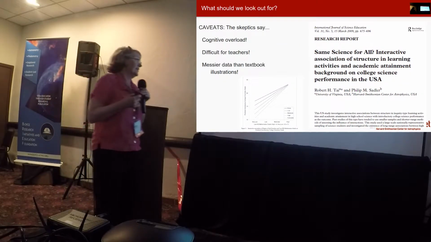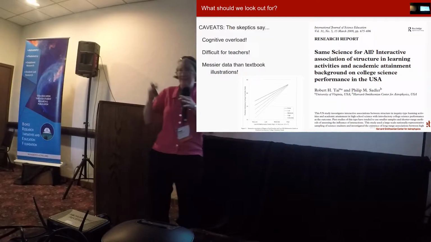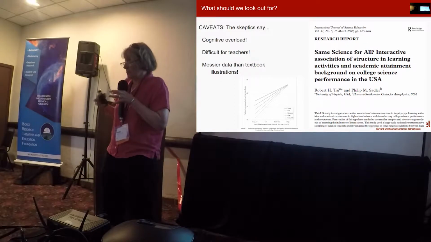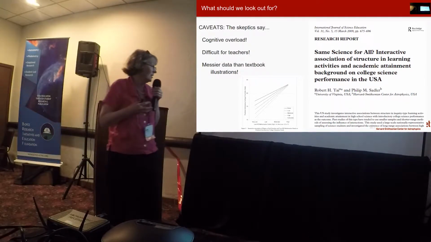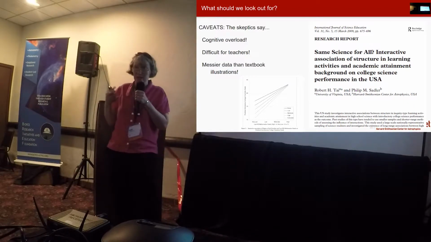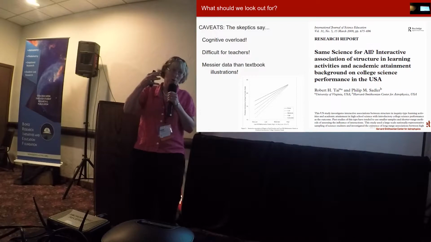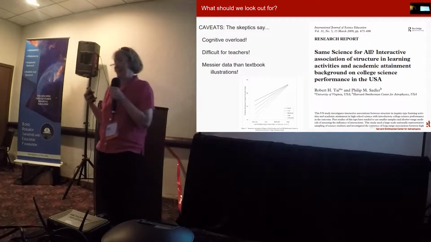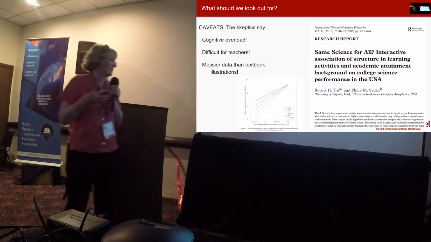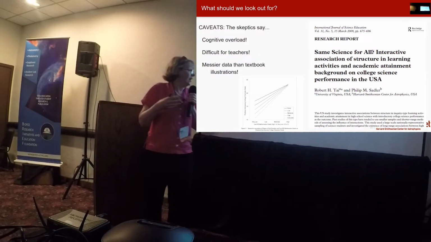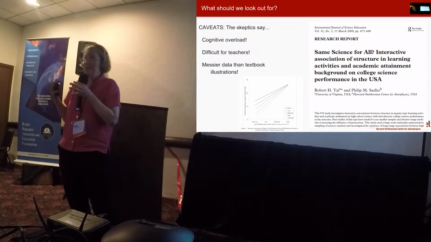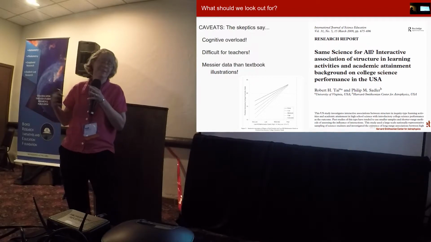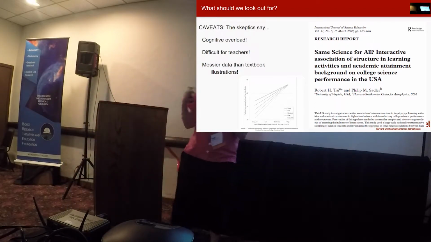And of course, the skeptics say authentic research is really a lot for some students to handle. There's a lot of things you're juggling. It's very difficult for teachers to manage authentic inquiry in a classroom. We've talked about all the demands teachers have, and so it's a very hard thing to integrate into the classroom, or it can be. Some people say, well, when you do authentic research, it takes a long time to actually learn the concepts because the data is so messy, and of course, we might consider that a plus.